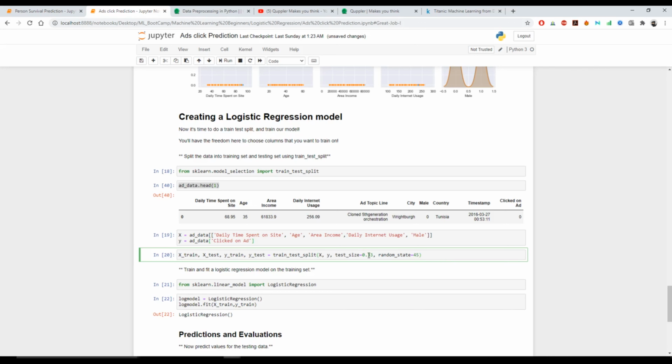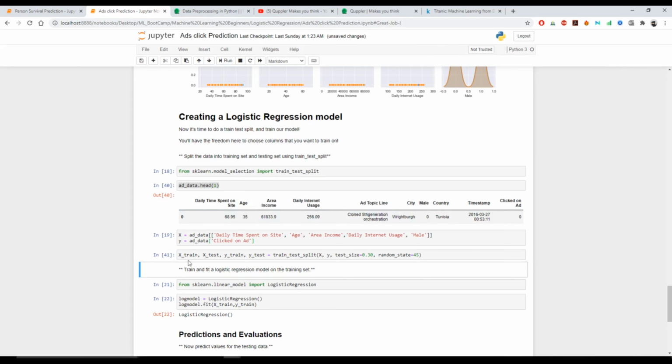The test size I'm keeping as 0.30. This is a ratio where 70% of the data is the one on which I am going to train the model, and the remaining 30% is where I am going to test my model. Once I execute this,